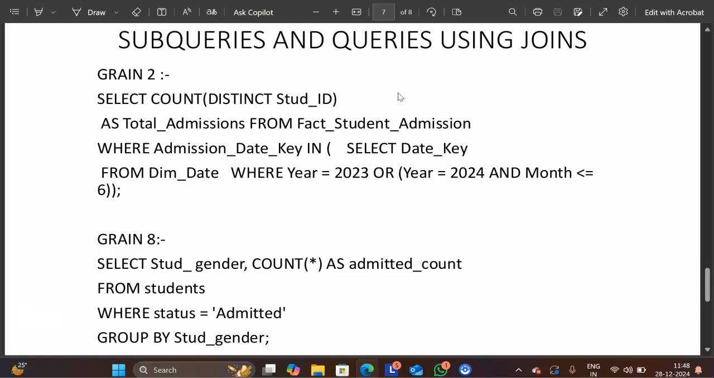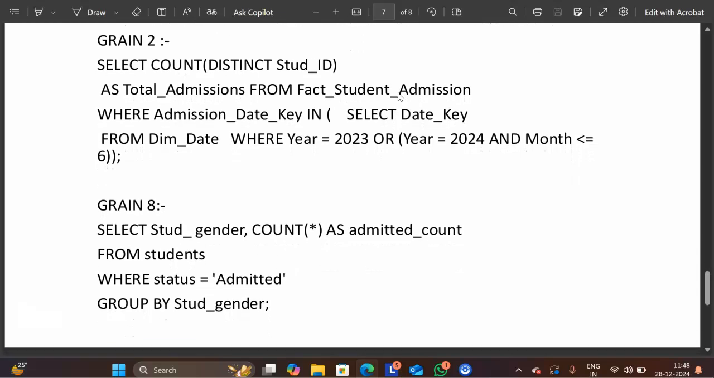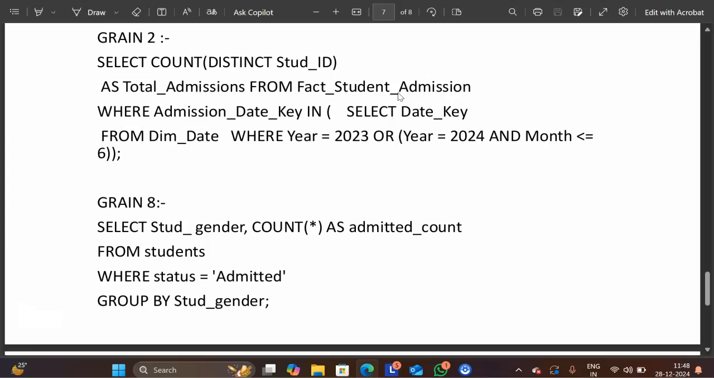It is grain 2. SELECT COUNT(DISTINCT student_id) AS total_admissions FROM fact_student_admissions WHERE admission_date_key IN (SELECT date_key FROM dimension_date WHERE year = 2023 OR (year = 2024 AND month <= 6));